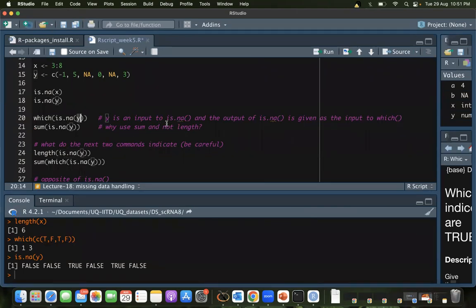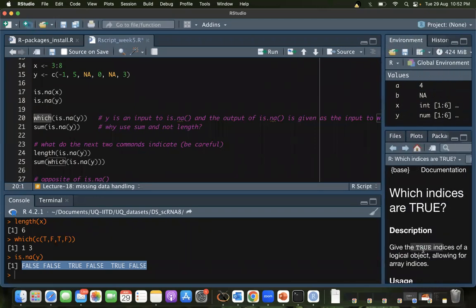So y is the input to this is.na function. It gets evaluated. It gives you an output. This output is then fed to the next function, the outside function here, which is which. And what does which do? It gives you the indices of the trues. So it gives you 3 and 5.